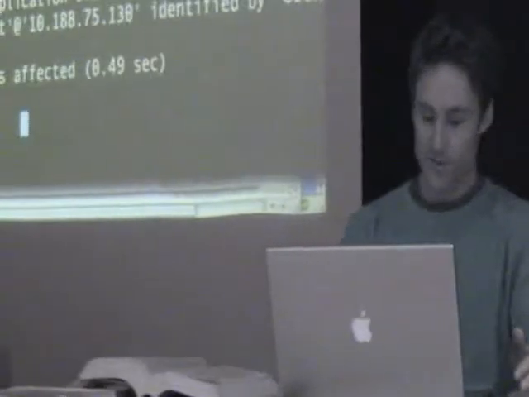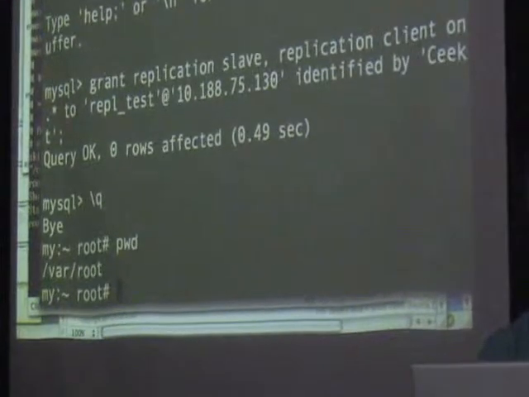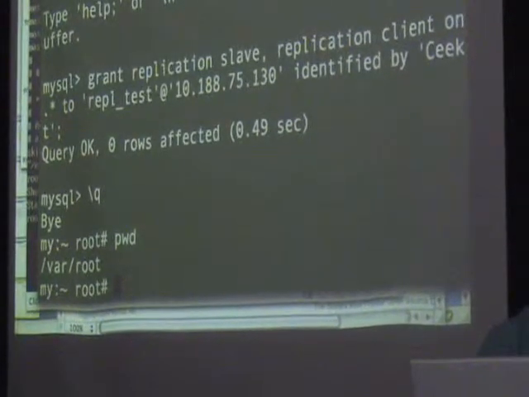Okay, so we've granted permissions. So now I just have to do a dump. I will go see where I am. I'm in root. I'll just live with this directory. mysqldump